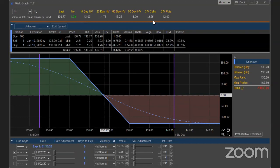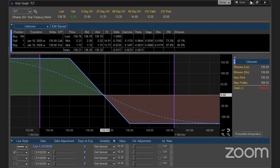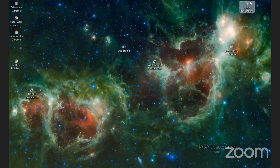What can we achieve in gains? Just over 1%, maybe 1.25%. Now, because of implied volatility and a little bit of time premium being left, we might actually get a slightly higher return than what this indicates as a maximum profit of $170 per contract, $1.70 per share. So about 1.25% maximum return week over week on this trade. If we jump into today's trade alert,